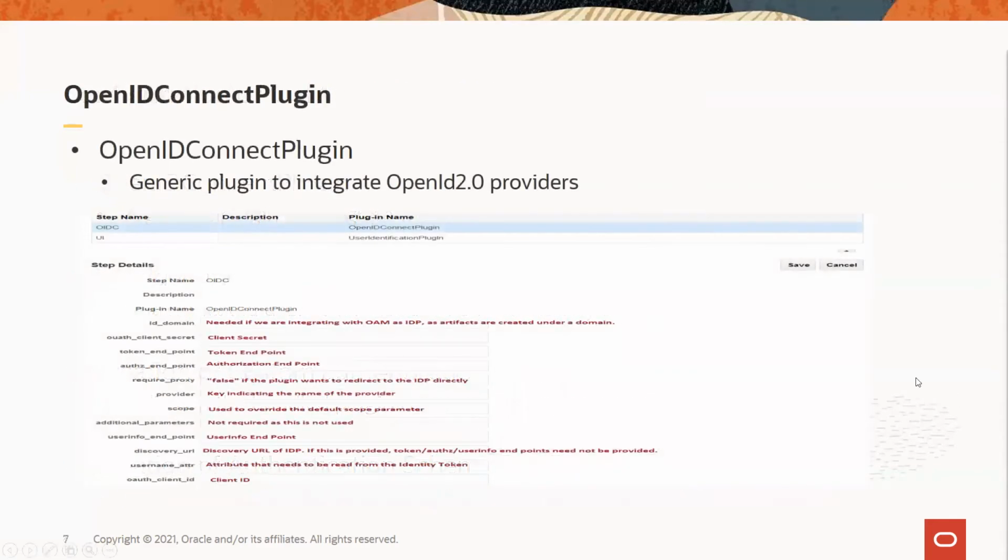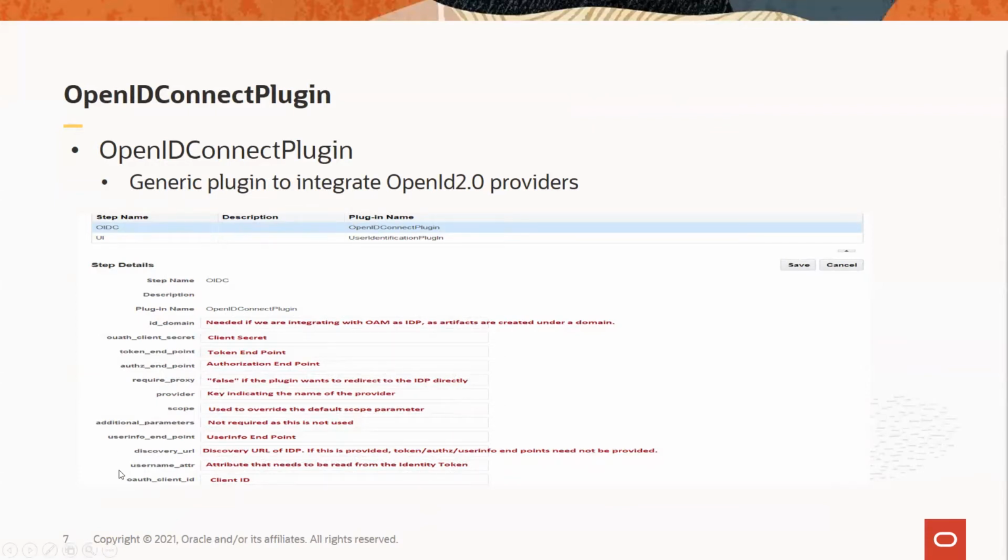First, if you look into the OpenID Connect plugin, this plugin contains the parameters necessary to be configured with the social IDP here. You have the identity domain, which is the context of the OAuth and OpenID framework. For more details about all these things, you can refer to the documentation relevant to OpenID and OAuth.